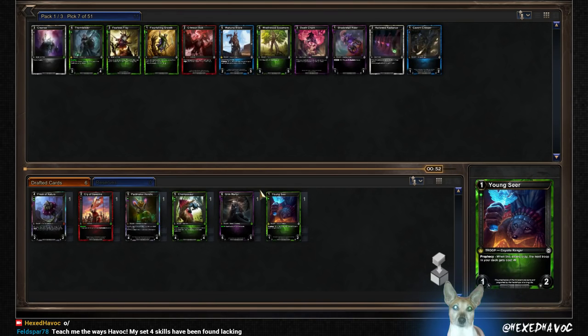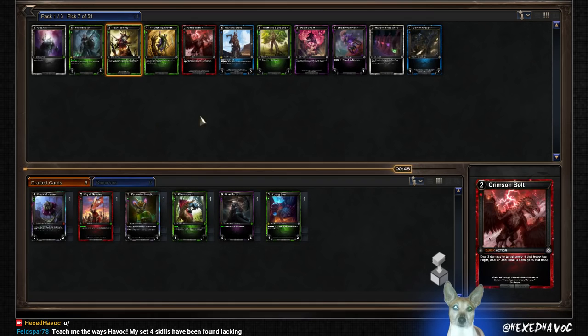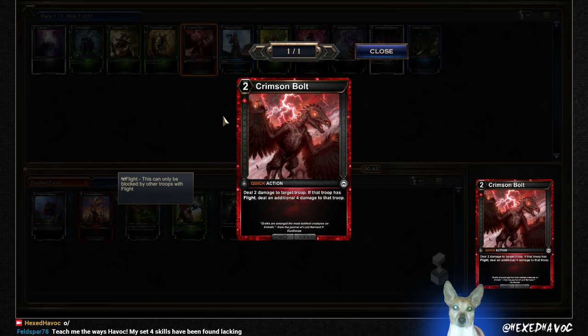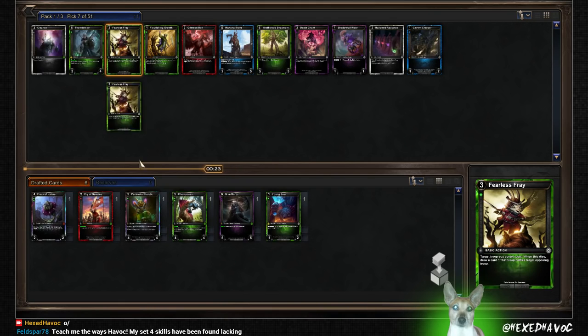Alright, we got some decent choices here. Fearless Fray is pretty much going to be it, but that's a pretty late Crimson Bolt there. Crimson Bolt being a very nice Ruby card. 2 damage to target troops, so you can remove any early pressure cards that you need to, something with 2 defense. But then if there's a flyer that's trouble, well, it takes care of pretty much all of them because that's 6 damage to a flyer. So very good card. But yeah, we're going to take the Fearless Fray here,